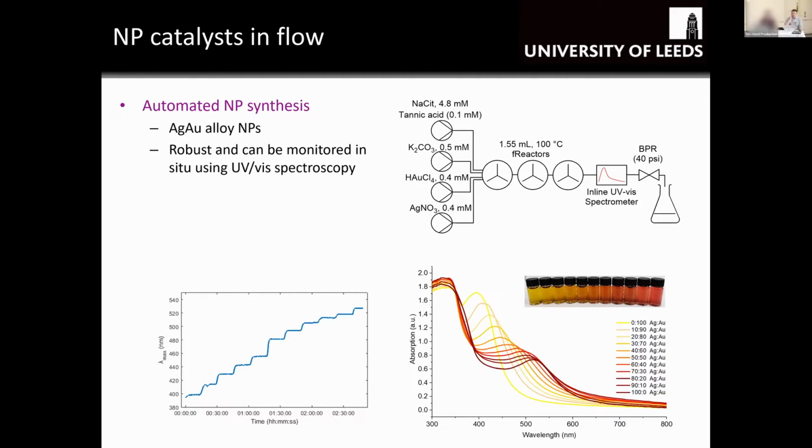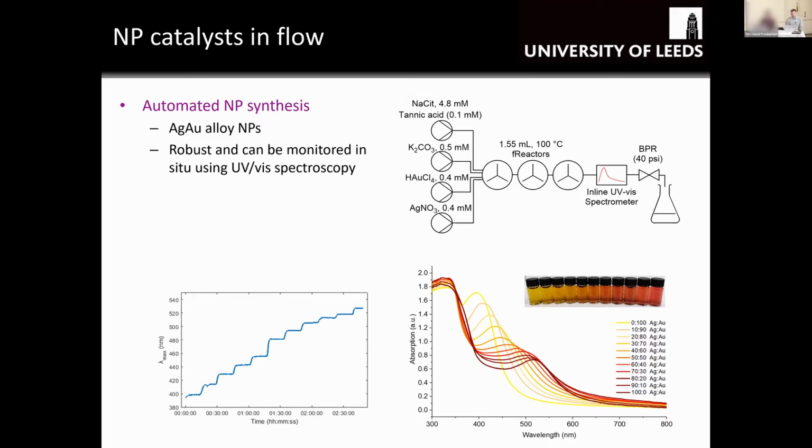And the first thing we did was to make sure we could make nanoparticles in flow and in a controlled way. And this is our system, a schematic on the right-hand side. But basically we explored gold and silver nanoalloys. And if you look at the bottom right, we can basically make gold and silver nanoparticles alloyed in any ratio we like. The different colours, the yellow ones are silver, the really dark red ones are gold,